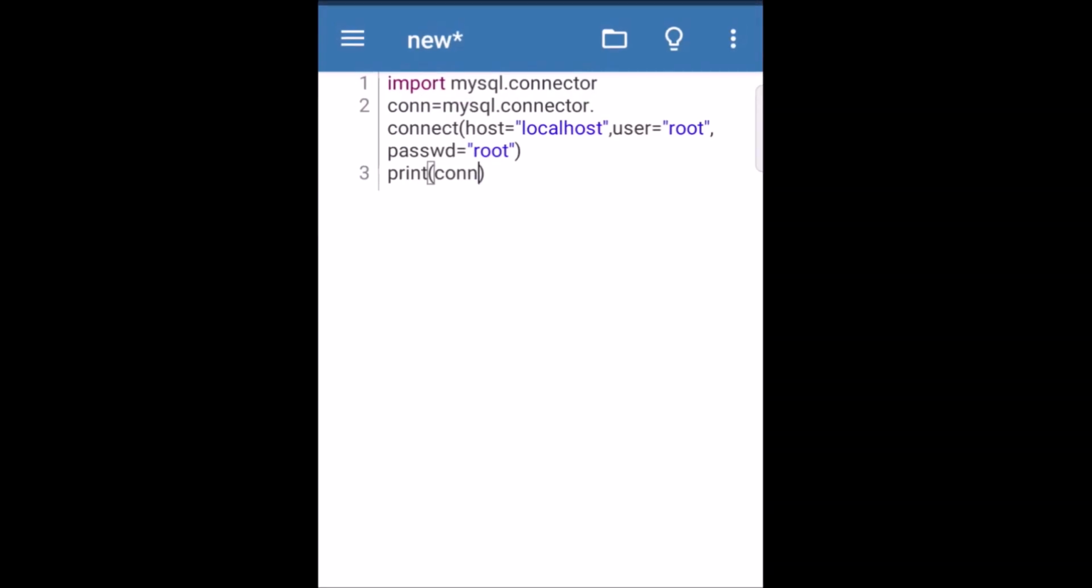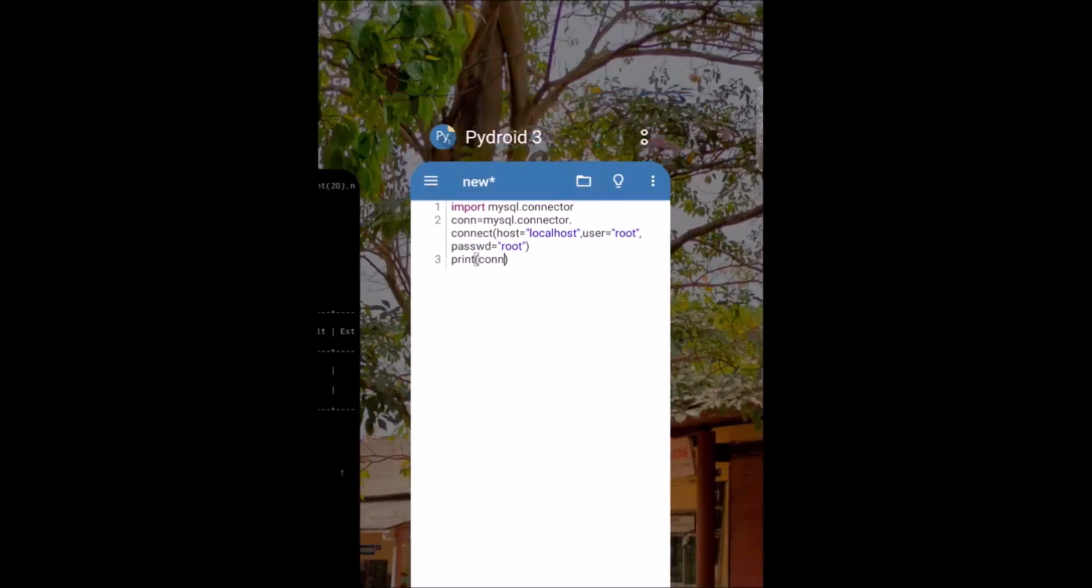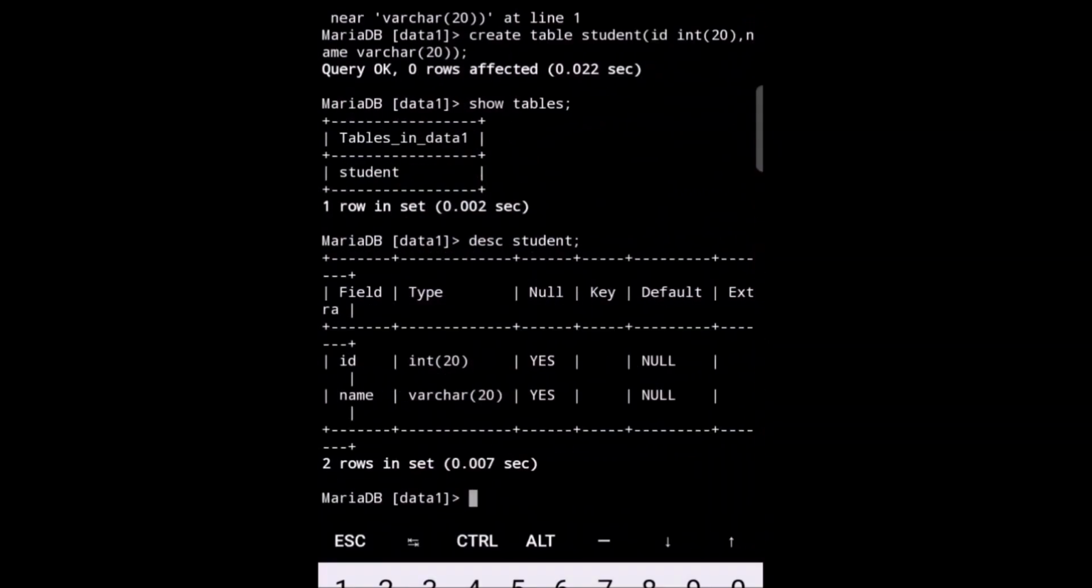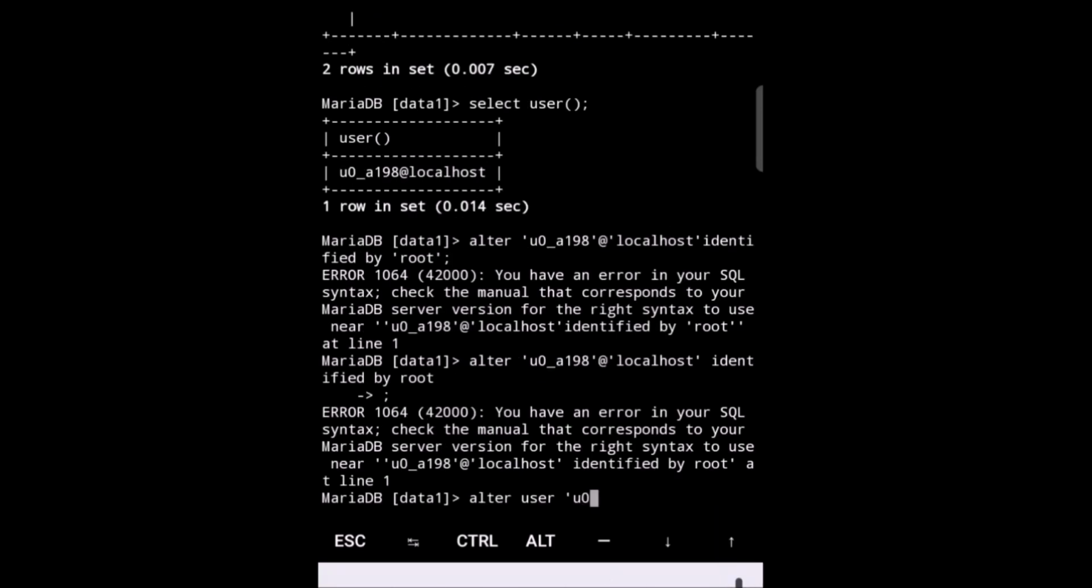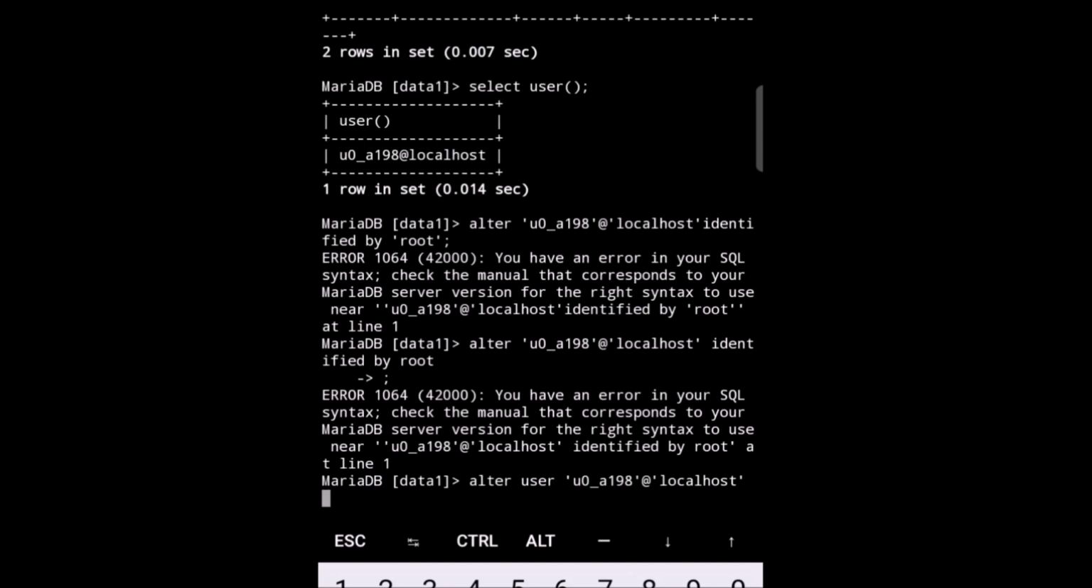So now what you have to do, you have to go to the MySQL command line, whatever we have installed earlier, and type the command select user, simple bracket and semicolon, enter. So now it will give you various users, that here is user as u0_a198 at localhost. Now you have to give the password for that user. So type the command alter user, this is a query, alter user u0_a198 at localhost